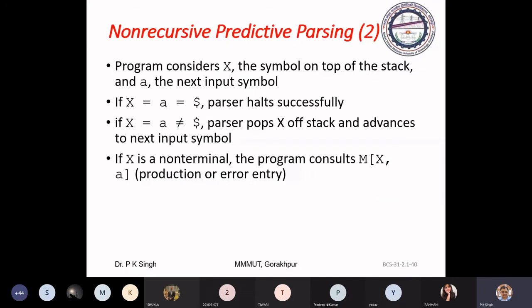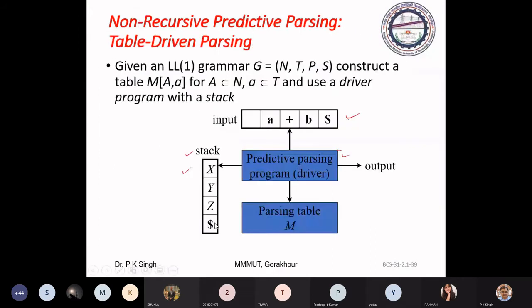How does it work? Just see. Suppose TOS of this predictive parsing program is pointing to X and the current input symbol is A. On the basis of that it will consult this table.